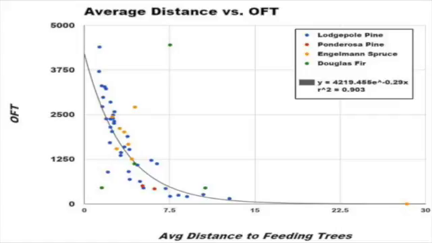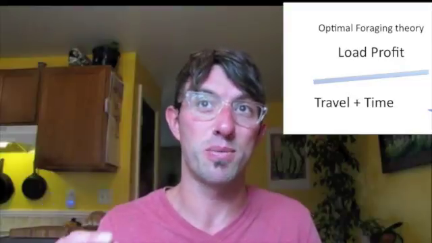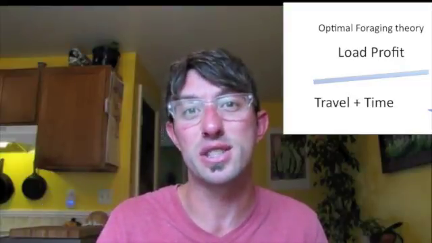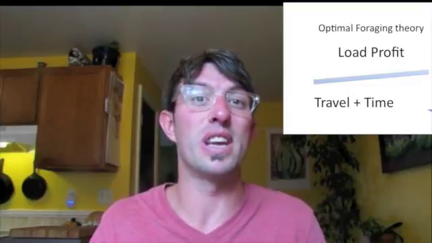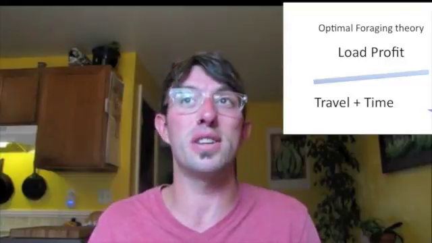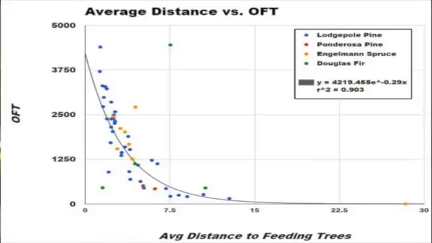So the cool thing is after we took all that data and we processed that data for about a week, we did about 200-300 trees in total, we ended up finding out that there was actually a really cool trend. The average distance versus our little OFT equation, that number was getting really large, right? Because remember, we want that denominator to be really small. We want the travel time and the travel distance to be low. And we want the food, right, how much food they've got, to be really high on the top of the equation, right? So we started to see that these numbers were really big for particular trees.